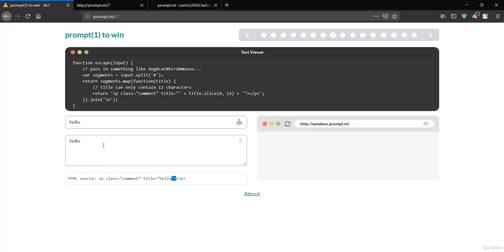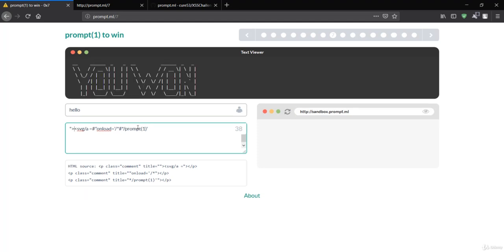That means we have to customize our payload, because this SVG vector cannot be included inside this title. So we have to first close the title. In order to close the title, you have to first close this title attribute and the p class or p attribute after that. So this is our complete payload.